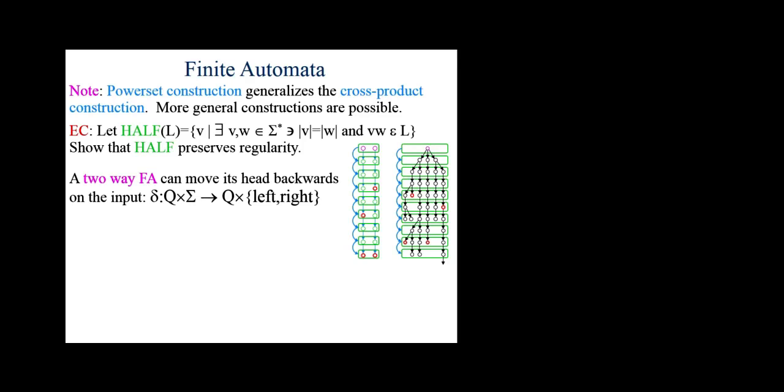That's a hint. All right, a two-way finite automata is a finite automata that can move its head backwards or forwards on the input. So far, we just said that the finite automata can move its head in one direction, left to right on the input. When it gets to the end, it's done. But what if you generalize finite automata to move the head backwards and forwards, potentially, based on what character you're seeing and what state you're in? You can move the other direction.